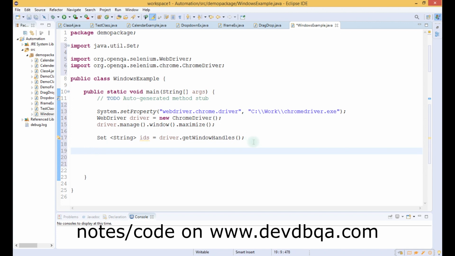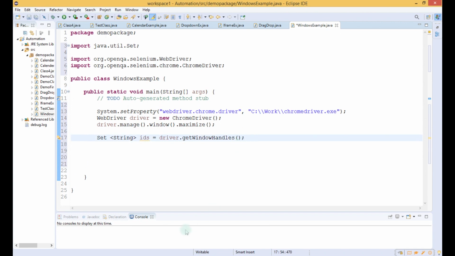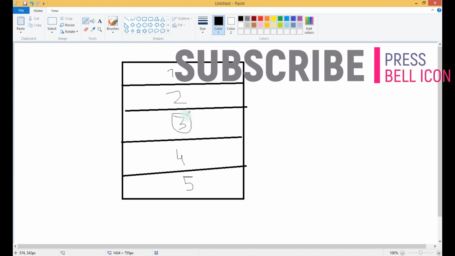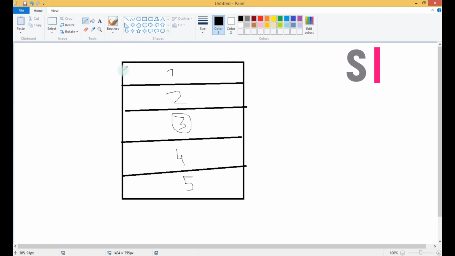After getting the window handles, what we have to do? We have to iterate using the iterator provided in Java to the desired window handle. For example, if we have to go to the third window handle, the third child window, we have to iterate 2 times to go to the third window handle.